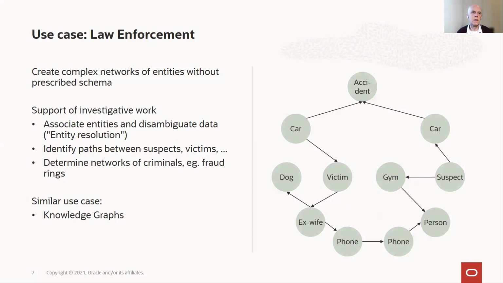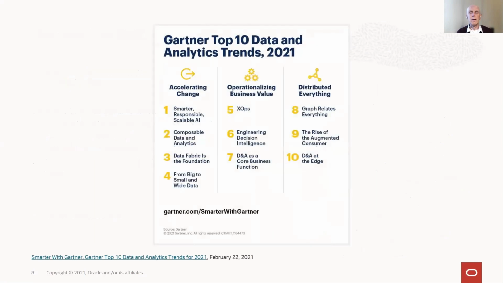In the little case here, you can see you have the ex-wife, who through a phone call was in touch with a person who met someone at a gym, who is the suspect in the car accident with the victim. So you have these indirect relationships, which can be very useful to analyze and are very relevant in investigative work. Right? Now, all of these capabilities have led to quite a surge in graph database deployments,